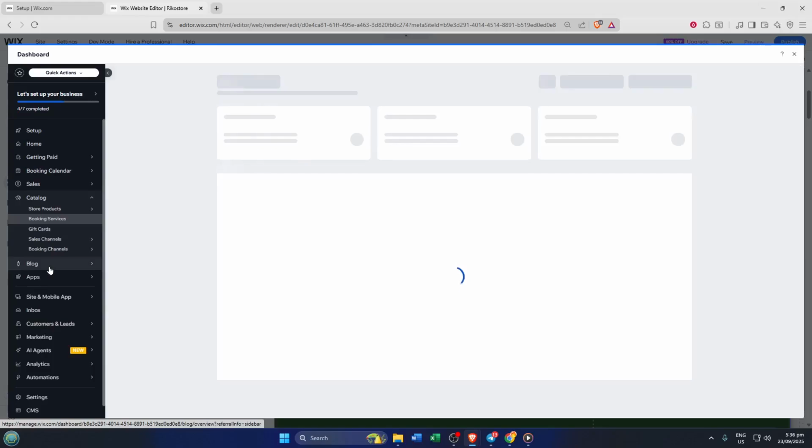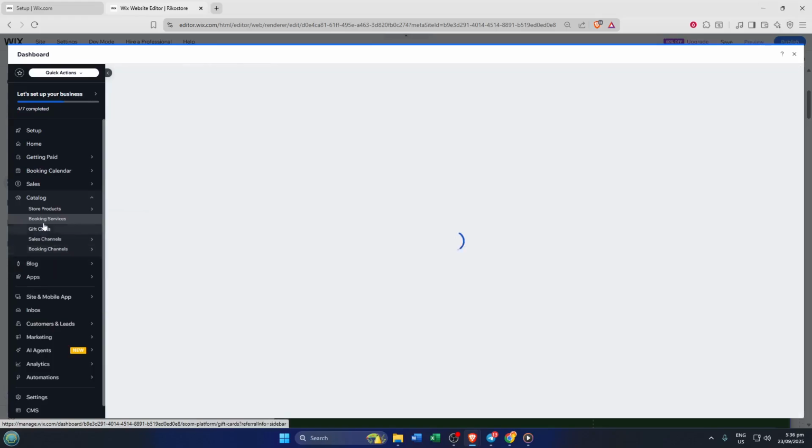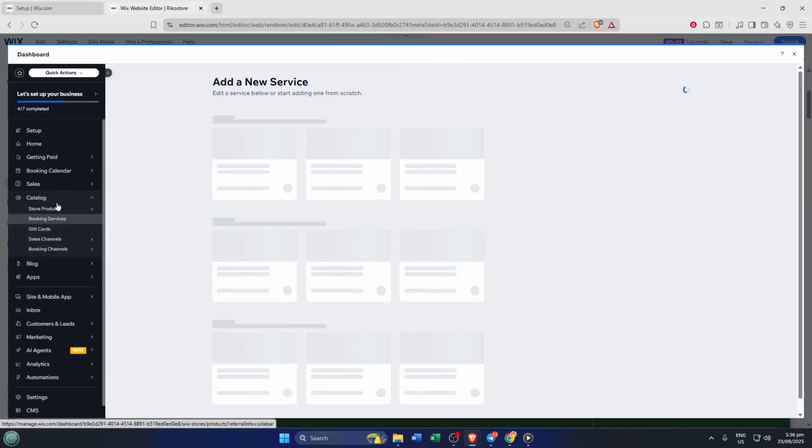And that's it. You've just learned how to set up store pages and organize collections on separate pages in Wix,